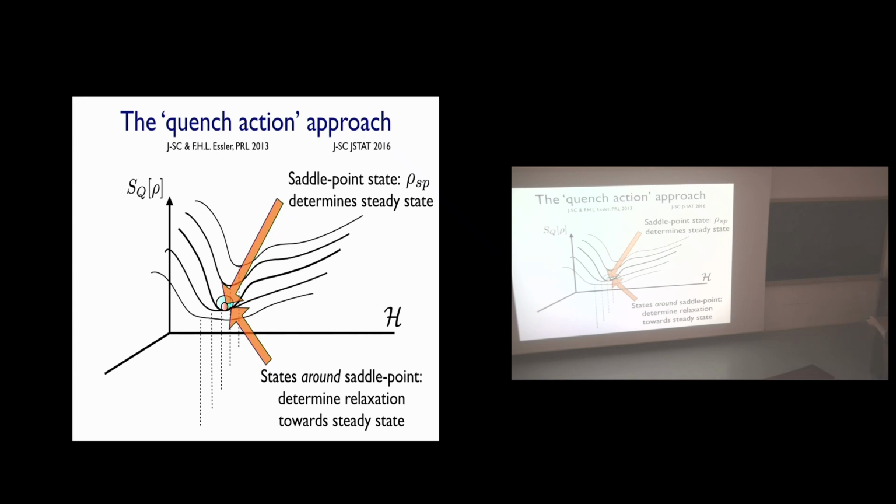Okay? So you can reconstruct the time evolution by, if you want, enclosing a little basin around your steady state and taking the contributions of those states into account. And the bigger you make this little puddle here, the more you can come back in time. So it's a funny circumstance. When you do numerics, you start from t is equal to 0, and you go to t is epsilon, 2 epsilon, and whatnot. You build it from t is equal to 0. When you do the quench action, you've got t is equal to 0, and then you start at t is infinity. And you work your way backwards. Okay? So that's the idea.